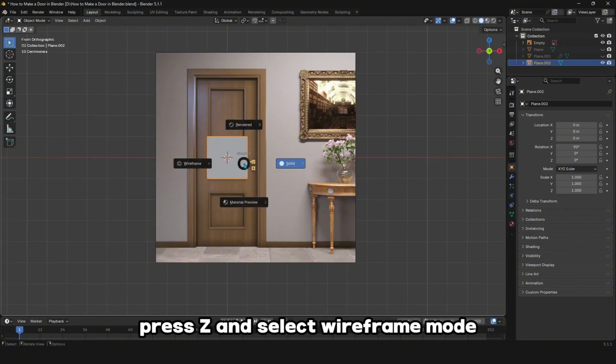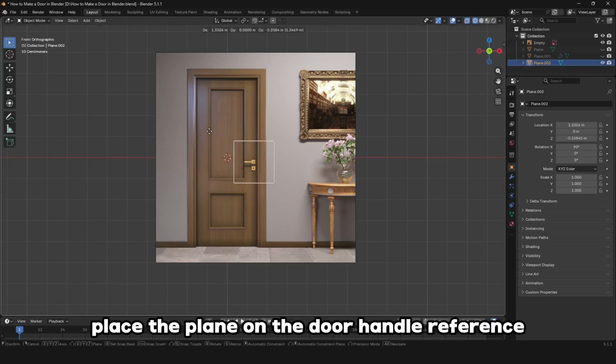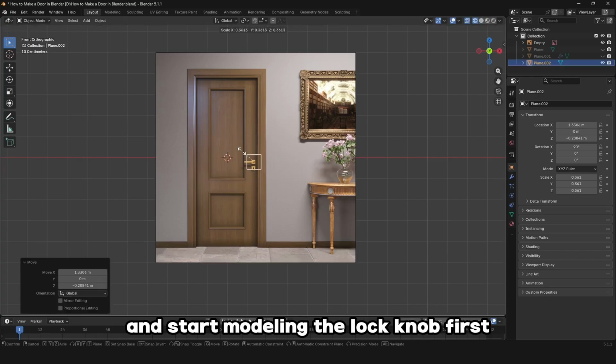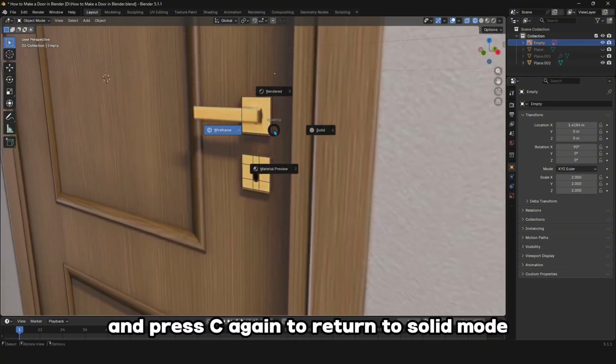Press Z and select wireframe mode to see through the model clearly. Place the plane on the door handle reference and start modeling the lock knob first. Once you have finished shaping it, use the scroll mouse to adjust your view and press Z again to return